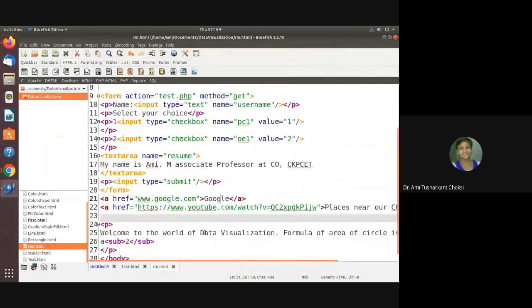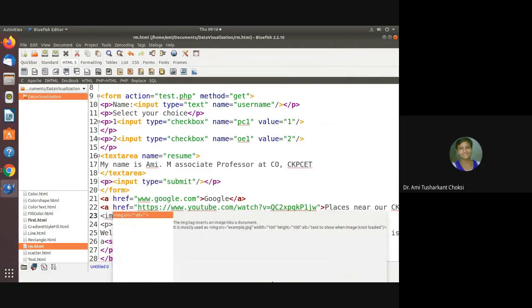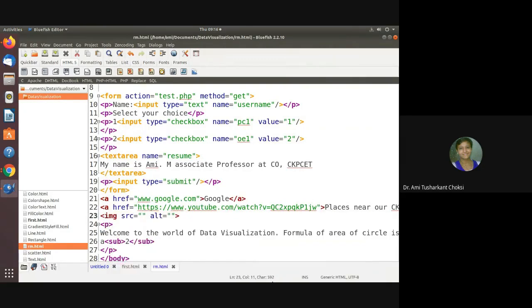Now, what we want to know? We want to know one more thing, that is image. That's how to put the image. Let us write it here. For that, we are having the IMG tag. IMG src is equal to whatever link of image you want to give, you can provide. And for ALT, that is, if that image is not available, what text it should display for us, right? So for that, you can say,